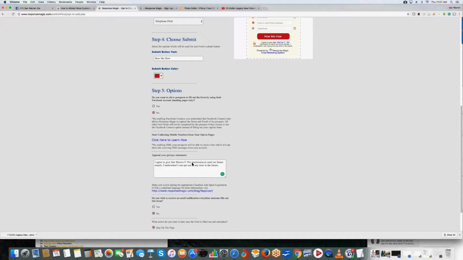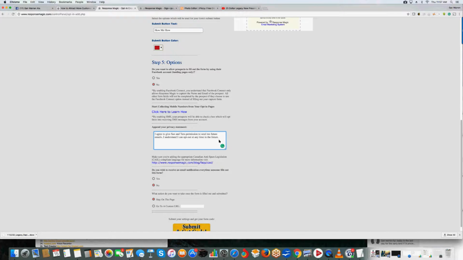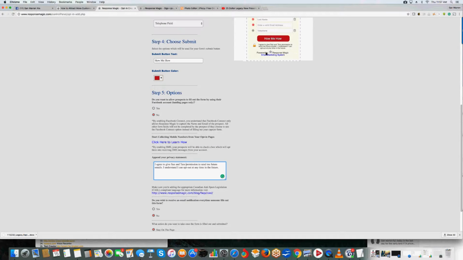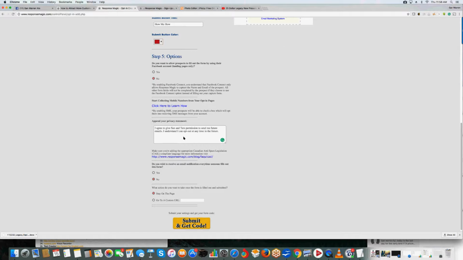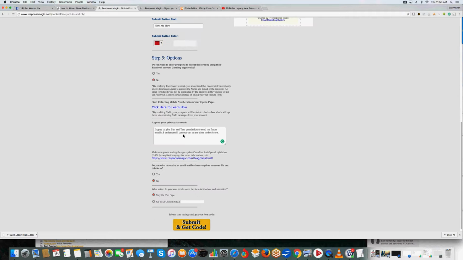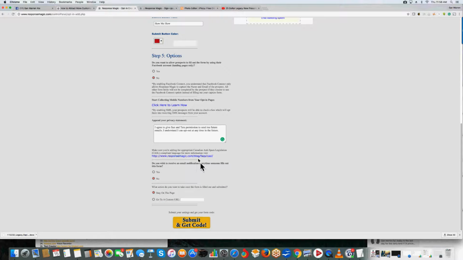Now, right here where it says permission, you can edit that yourself too. Since I do this business with my wife, it's San and Tara, because if she's sending it out, I want her to get permission as well if she's sending it out to her people. So that's just something I do. Maybe you don't know that you can actually edit that. That is this part right here, down here below. You can edit it. Now, there are some certain restrictions for Canada and different things like that, but this thing is pretty much compliant to what you need it. You can go over that yourself.